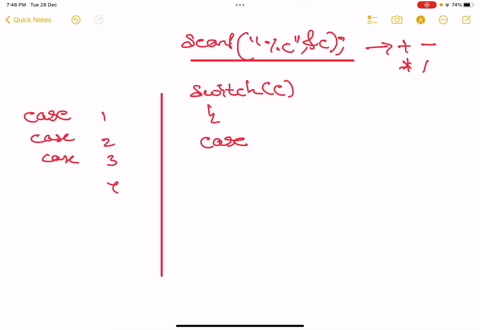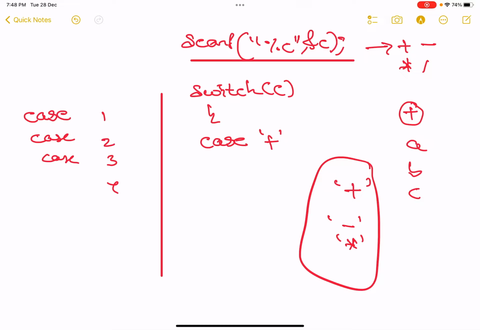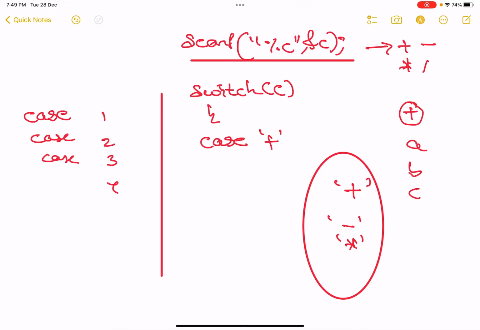But if you are taking a character, you cannot write it as just plus, because plus has a meaning of addition as well. You cannot even write A or B directly. You have to write them inside single quotes: plus in single quotes, minus in single quotes, star in single quotes. This is how you specify a character. So come back here.